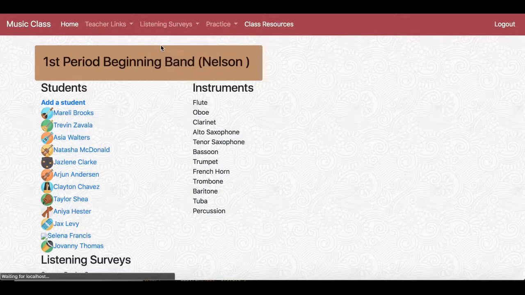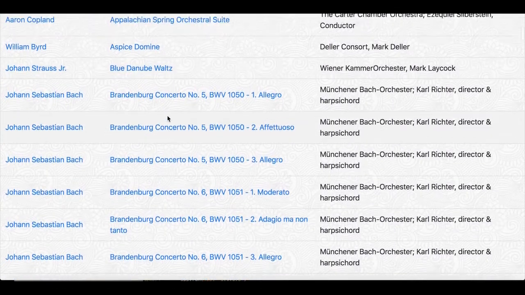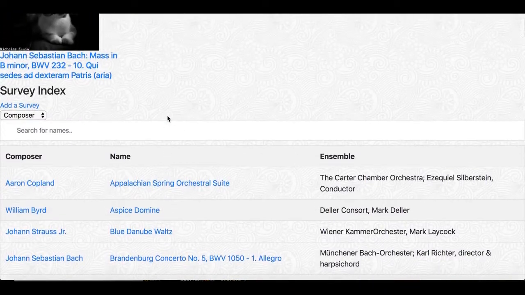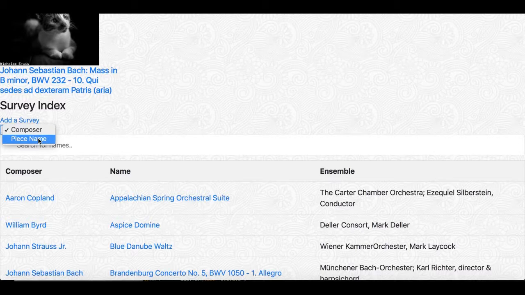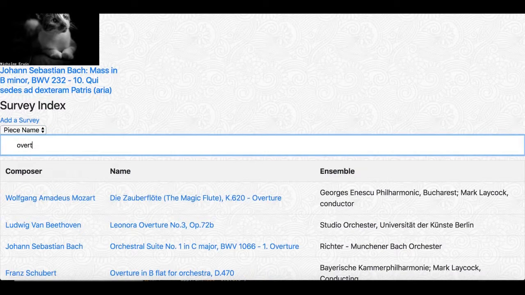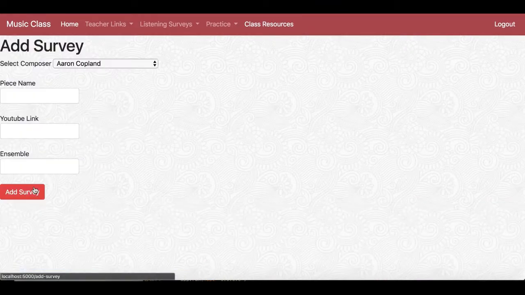In the interest of time, I'll be focusing on the more sexy portions of my app, but come see me if you'd like to talk about the other things I've done. Listening surveys are used to increase breadth of musical exposure. Using jQuery, I implemented a filterable table by column. The music itself is called with Ajax from the YouTube API, allowing teachers to add surveys easily to the system